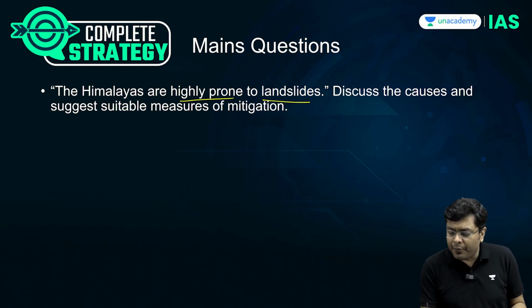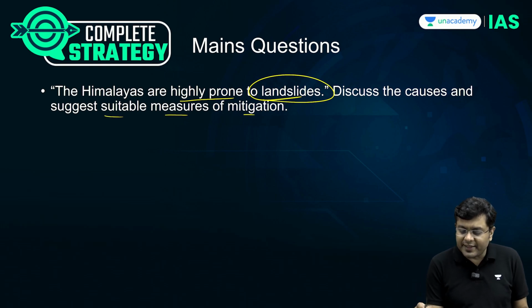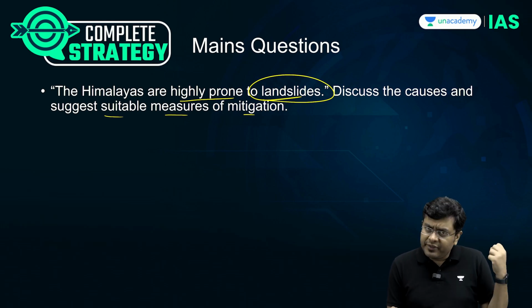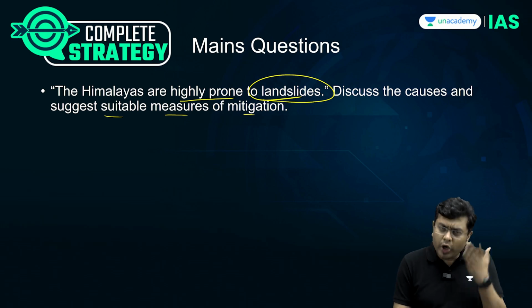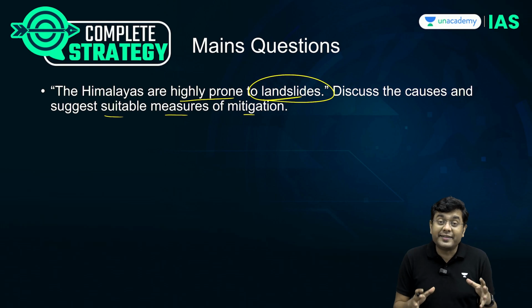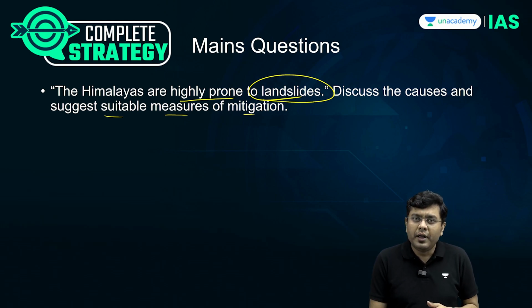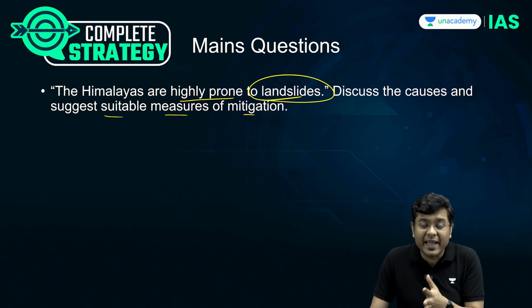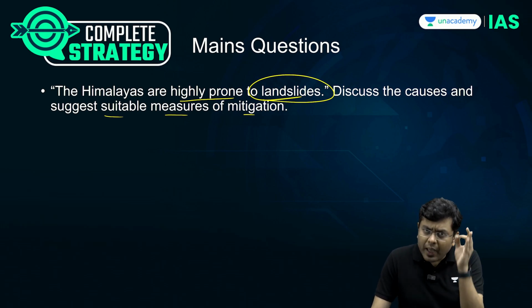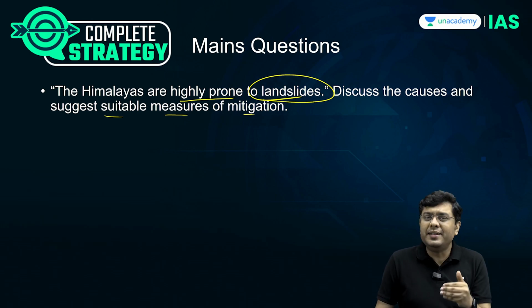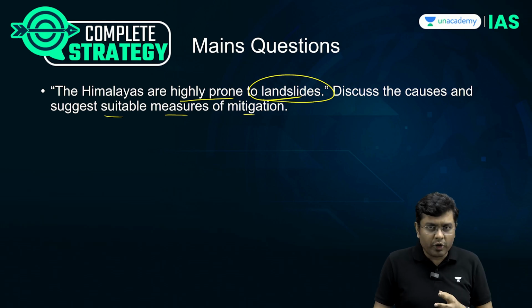The Himalayas are highly prone to landslides. Discuss the causes and suggest suitable measures. Landslides: why in the Himalayas? The slope is steep. Seismic activities occur frequently in that region. A lot of rivers drain through that area, weakening the soil. Cloudburst events increase the saturation of water, inducing a flow. Lack of vegetation induces various impacts. All of these are nothing but the normal analysis that you can derive from the physiographic divisions of India, provided you have a clear concept of geomorphology.